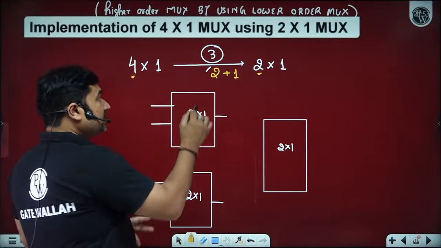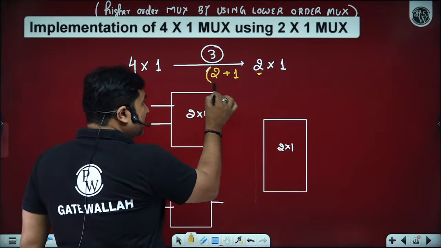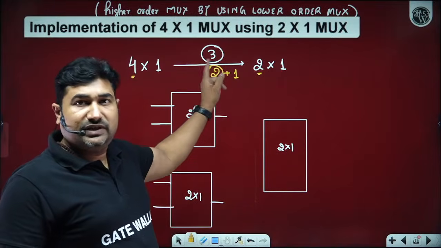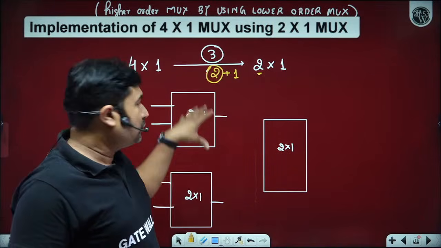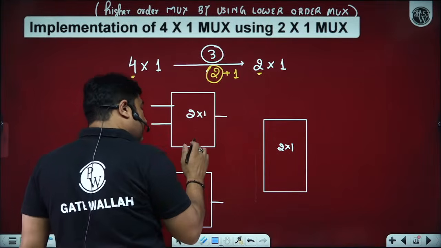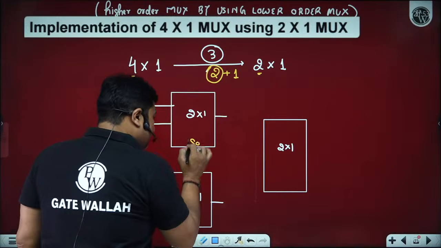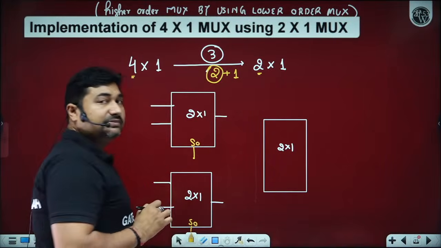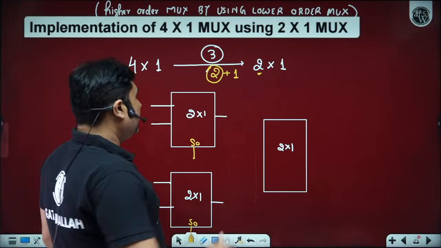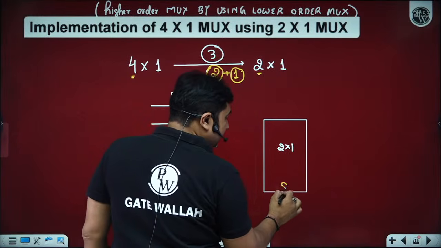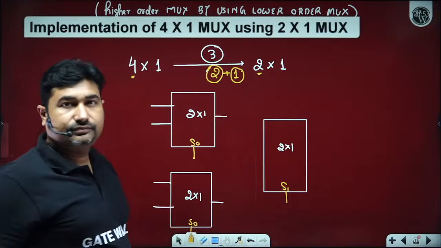Now please observe, the LSB select line is decided based upon your multiplication, the first term that you are getting. So in the first division we are getting 2. So in these 2 we have the same select line, that is S0. In these 2 we have the same select line, that is S0. And then we did this, so we are getting the next select line. In the same way it goes on.